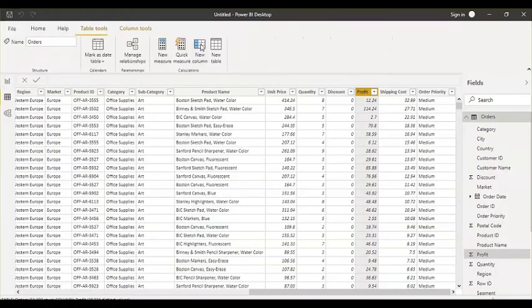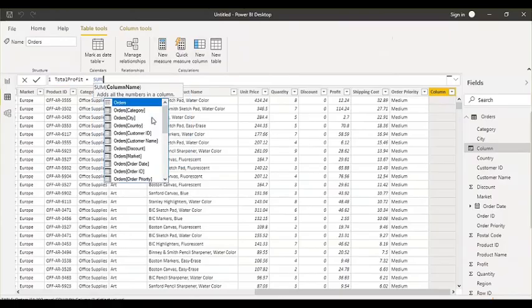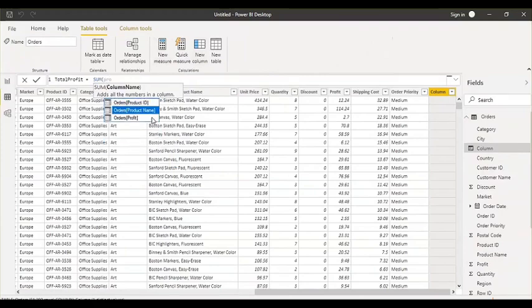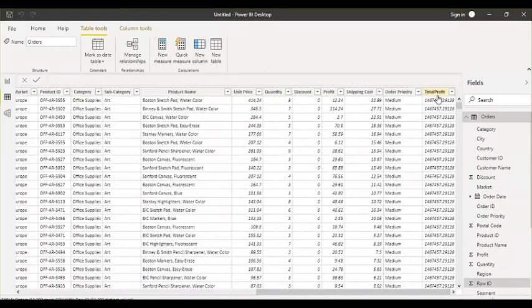So I create a new column. This is your total profit, sum, and here you pass your profit column. Press enter. Now you see the total profit is 1467457.29, but it is appearing for all the rows.